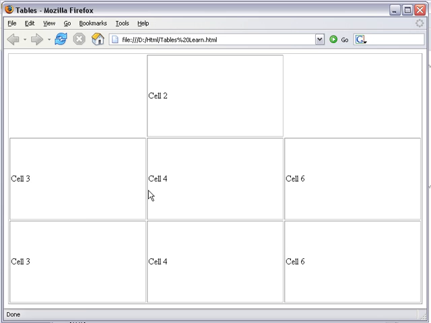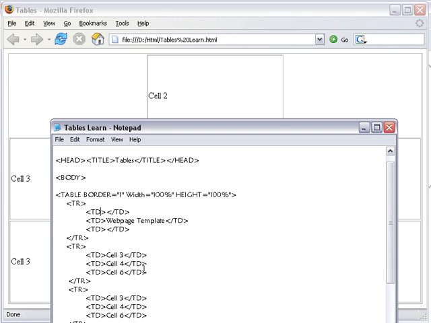So this one here, I want to set the width. I want to set it to equal 150 pixels. That will mean it's constant, not a percentage, it's actually constant. So in this TD here, which is our first cell, we're going to go inside the tag,